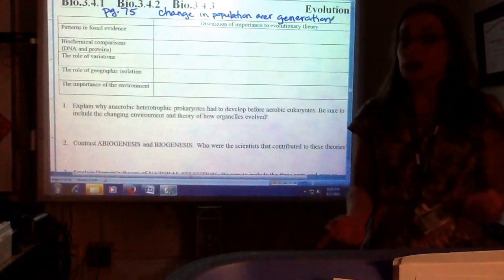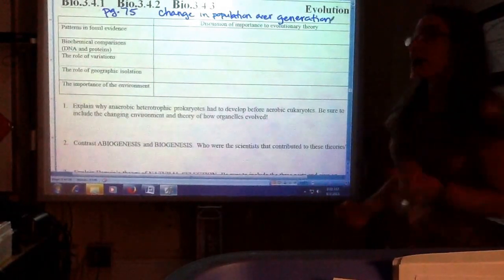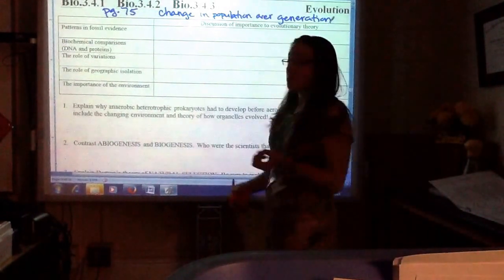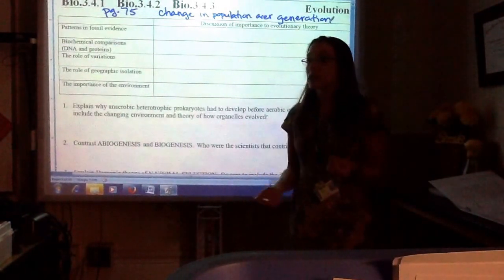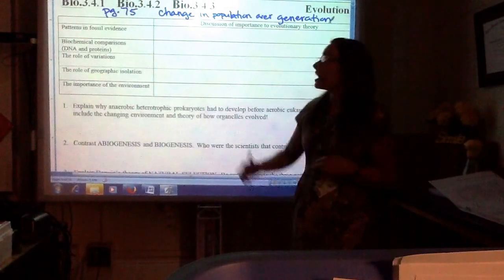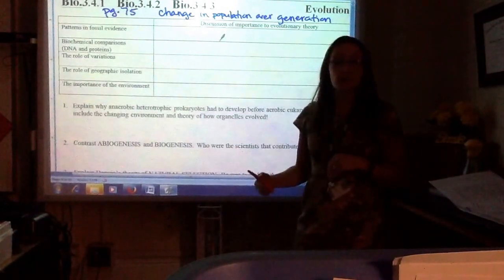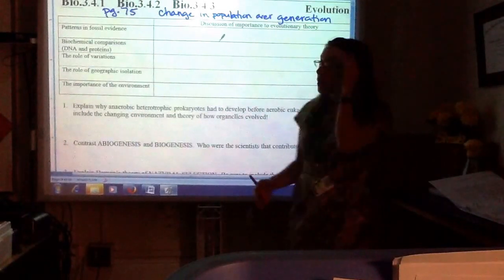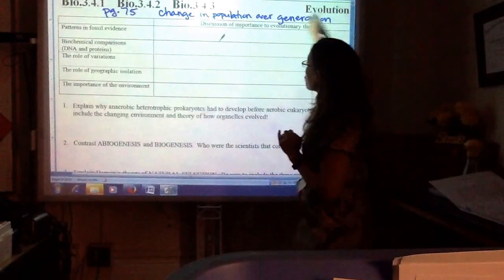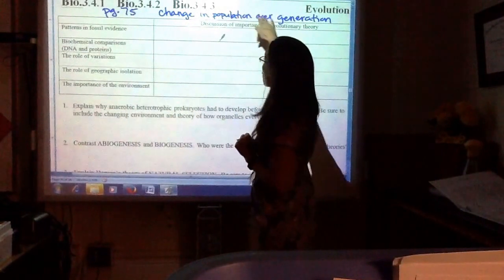It can't change the genes that it has. However, if one of those bacteria already has a mutation, then it will survive and the population will change as they continue to reproduce. So it's really important that you understand that evolution is a change in the population over